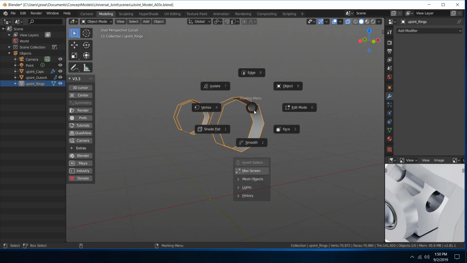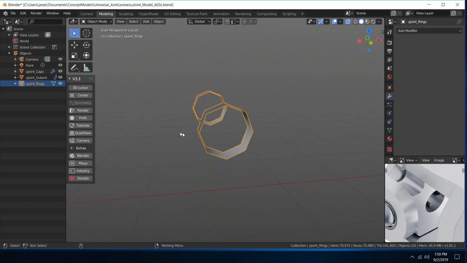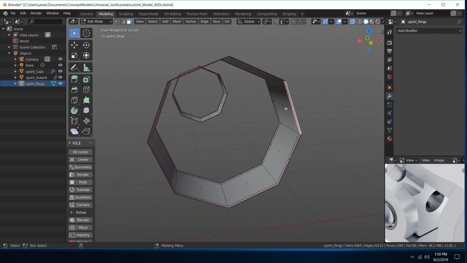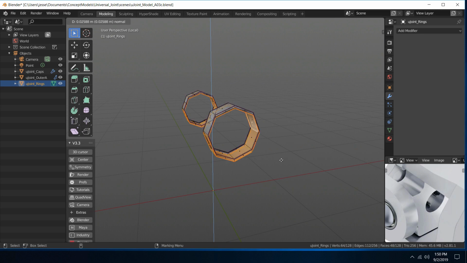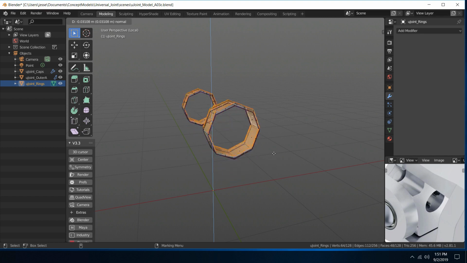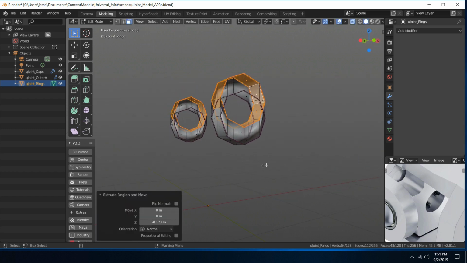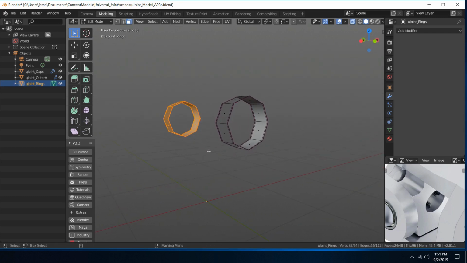There's a couple ways of approaching this. We want to extrude inwards, but we've got this second object over here, so we can't necessarily scale it in because our scale tool will be in the center. So let's try selecting all the faces first. Control E. Alright, so that doesn't work. It's extruding on the normal, but it's thinking that the normal was from a previous position. So let's just Control Z that, Control Z again,